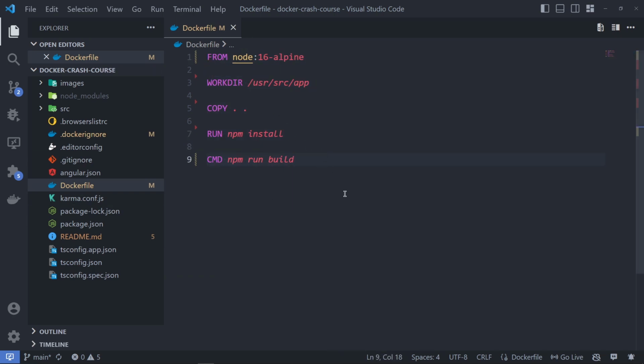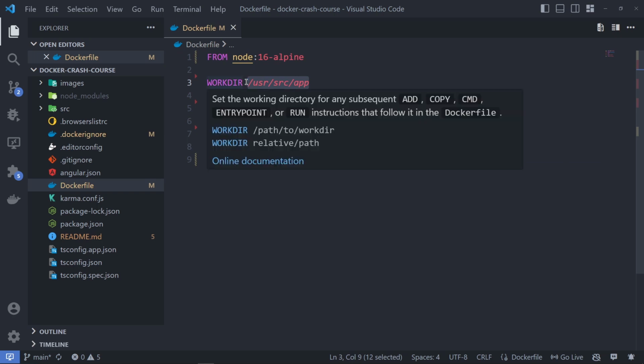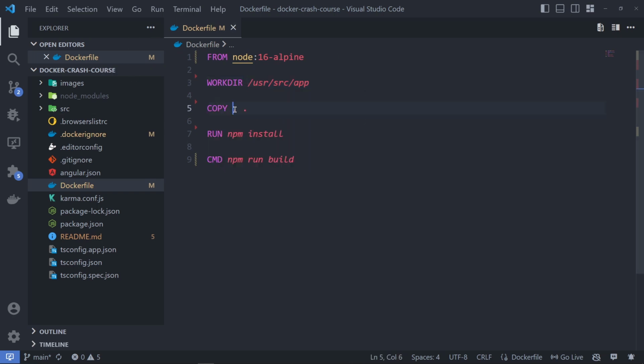So basically what this is going to do is create an Alpine version of the node. In that container, it's going to go to this particular working directory, then copy all the files that are inside this particular folder to this particular folder inside of the location. Then it's going to go into that and run npm install. Then after that is done, it's going to run the npm run build command,